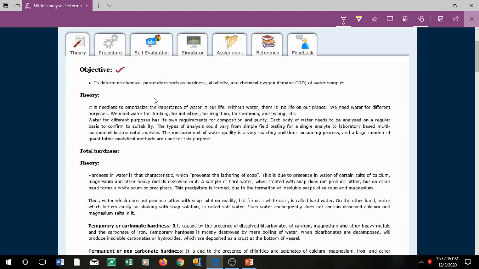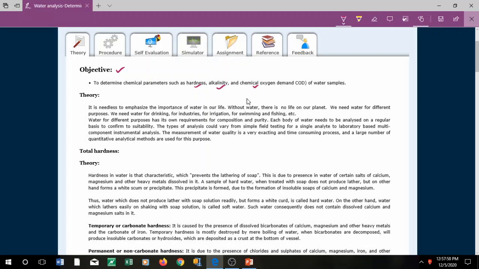See what you're going to do. So they have covered three objectives: hardness, alkalinity and COD determination. Then you have a theory portion wherein they have covered what it is all about and how it is important. Then one by one they have discussed what the theory is all about.